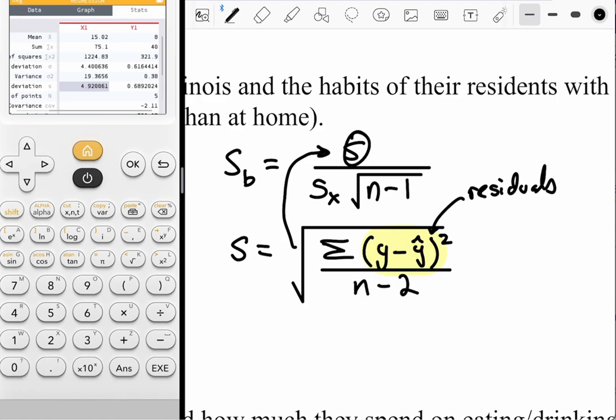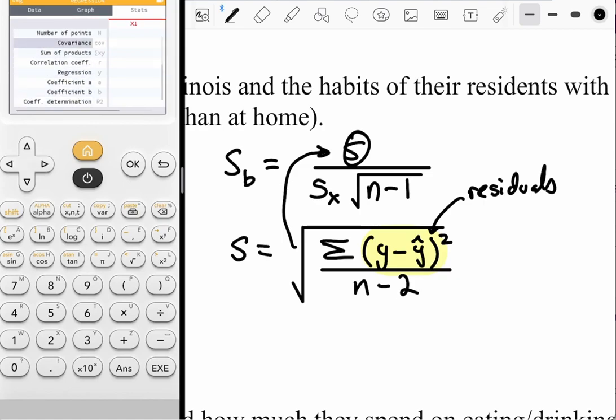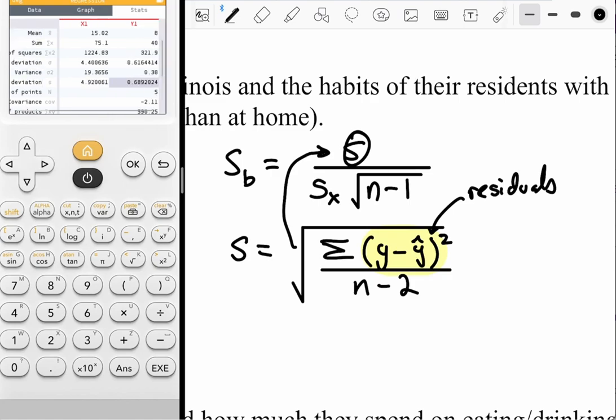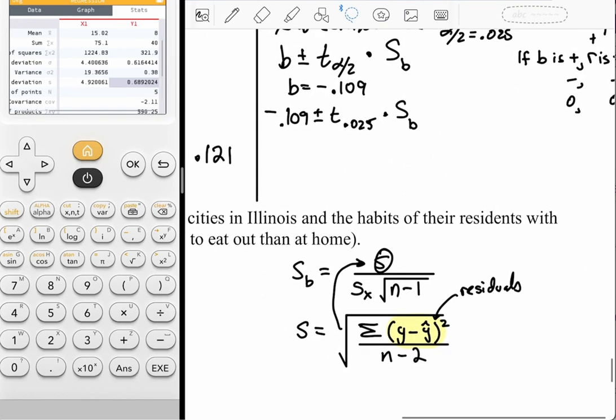The only thing, unfortunately, that they don't give you, and I'm just making sure, sometimes after you do the regression, some more information shows up. They don't give you the standard deviation for the set. They just give you the standard deviation for each individual variable. So if you were given a raw list of data, they may ask you to compute this, right? So you just got to be prepared for it. But in terms of actually carrying out the confidence interval,